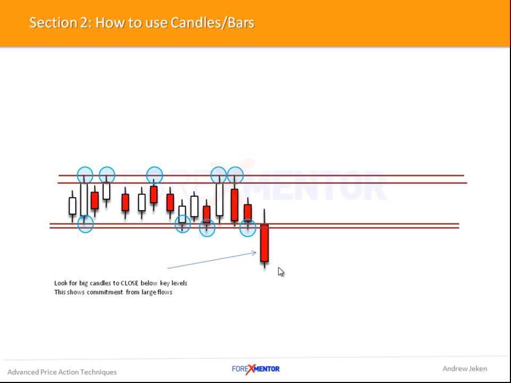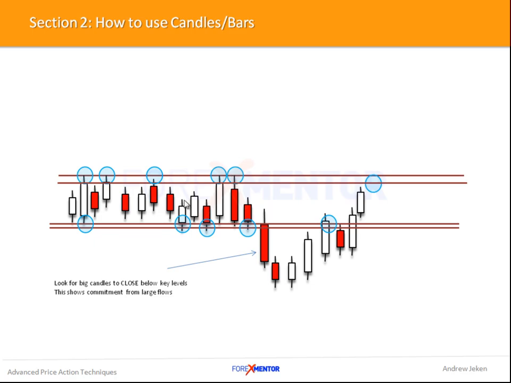Okay, it just shows institutional flows coming into the marketplace, and it can be a good sign that you're going to be heading lower. So we just follow price along here, come up to an area of potential resistance. Here we can highlight it. Remember, we're looking for patterns around these areas, and if we're going to break through back up into this area, remember we've now hit this level a good few times,